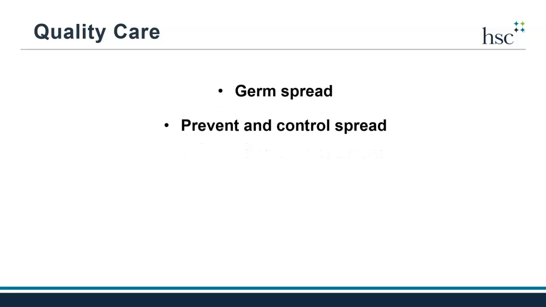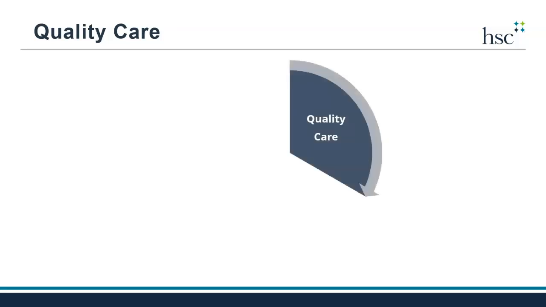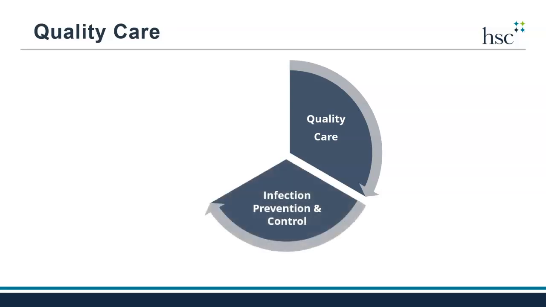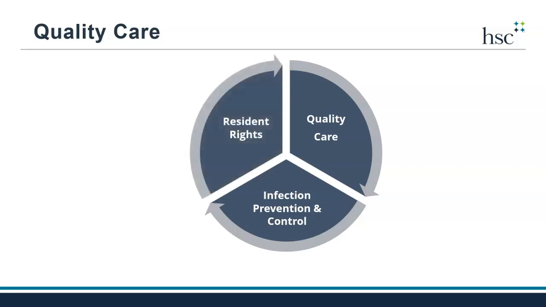So now that you know about how germs can spread in a nursing home community and how to prevent their spread, what does that have to do with resident rights and responsibilities? Well, all residents, those closest to them, including nursing community, staff, and administration, want high quality care and deserve an environment that promotes high quality care. But care cannot reach its highest level of quality if a nursing home community is not preventing and controlling infections, which we know can have a major impact on a resident's overall well-being.